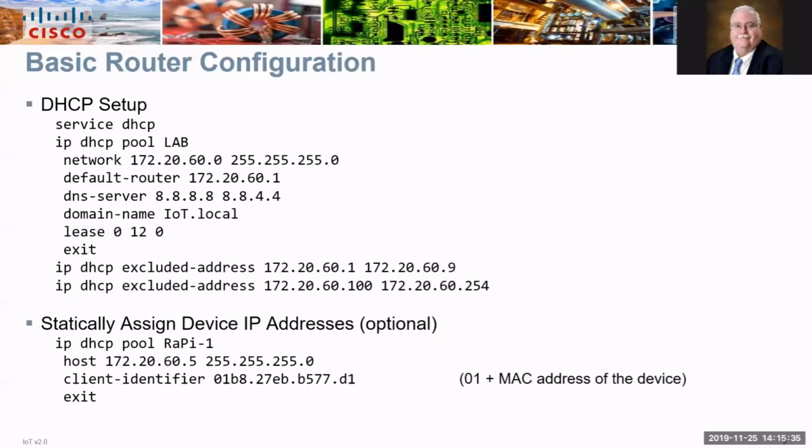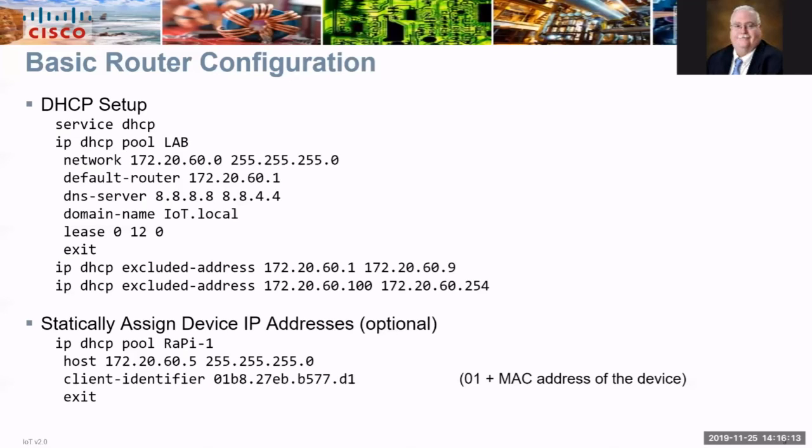One optional step is to map IP addresses to device MAC addresses, effectively making the device IP addresses static. This forces your Raspberry Pis to receive the same IP addresses every time. You will need to know the MAC address of the device for this to work. You can find this by using the ipconfig /all command from the command prompt of a Windows PC and the ifconfig command on the Raspberry Pi. The devices use a different format than the router. The device uses a colon while the router just uses a dot.